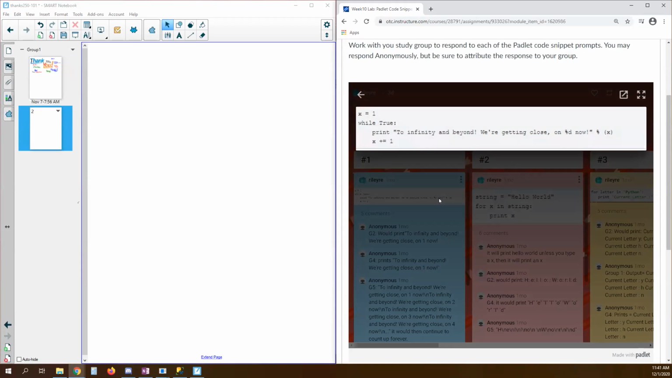We know that %d is a replacement parameter, and it's going to be replaced by the value of x. So in our code here, x starts out with a value of 1, and after the print statement, we add 1 to x. So what we should see is "to infinity blah, blah, and beyond, we're getting close on 1 now, on 2 now, on 3 now, on 4 now," and we should keep seeing those messages